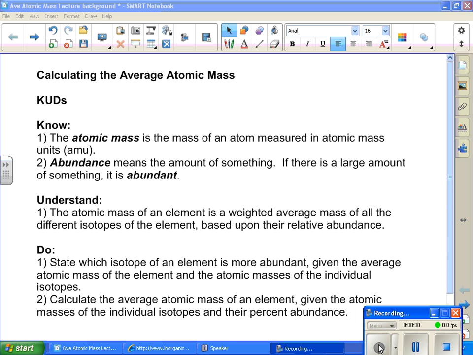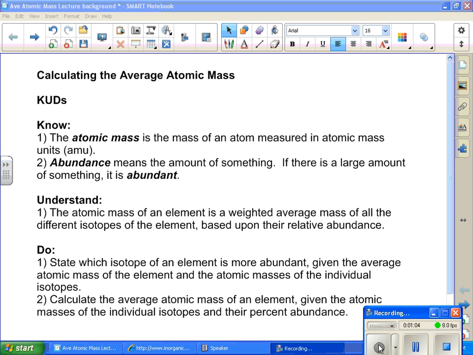And several students have asked me about the term abundance. Abundance means the amount of something. If there is a large amount of something, we say that it is abundant. For example, at Thanksgiving, we celebrate and are thankful for an abundant harvest, which would mean that hopefully the harvest of the crops produced a large amount of those crops, and we will all have plenty to eat during